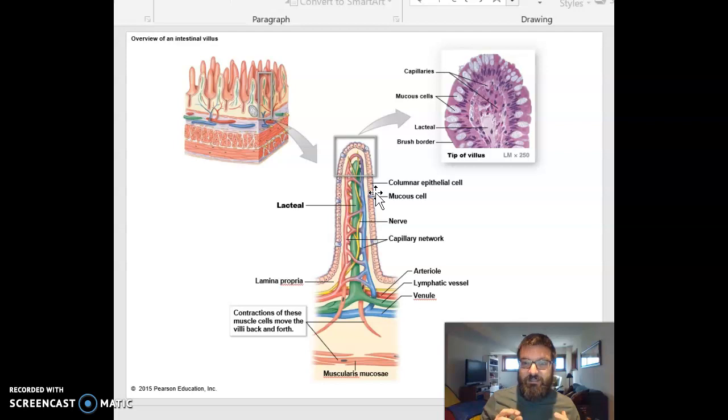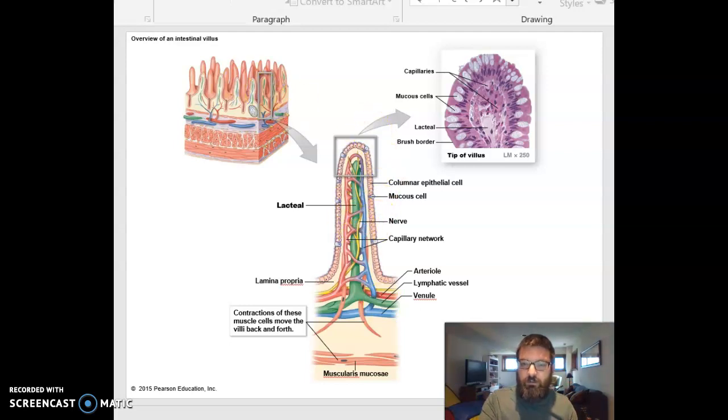And the brush border has not only a lot of surface area for absorption, it also has enzymes on it to do the last bit of digestion that you need. So you've been breaking down polysaccharides like starch into smaller and smaller polysaccharides, and eventually into disaccharides, like 2 glucose molecules long. And these enzymes in the brush border, called brush border enzymes, will break that last disaccharide into just individual glucose molecules, which are then small enough to absorb across this wall and into here to be picked up